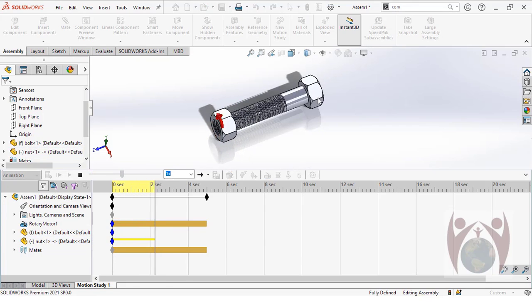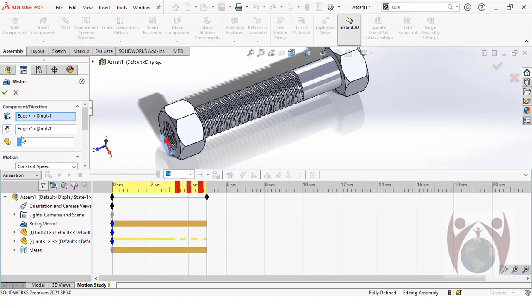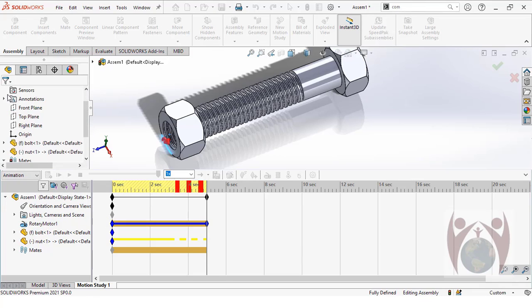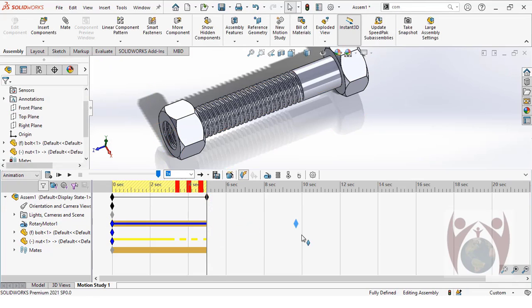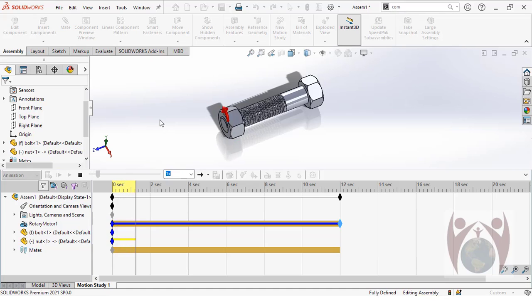Now you will see here, now we edit it in the animation wizard, motion study panel, and increase this. Now you will see the length of the animation is increasing. This is we change the direction of this